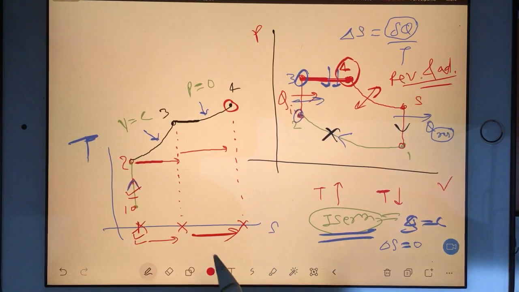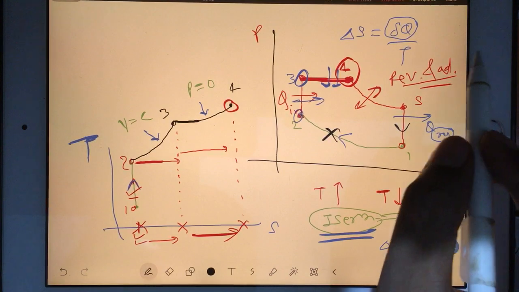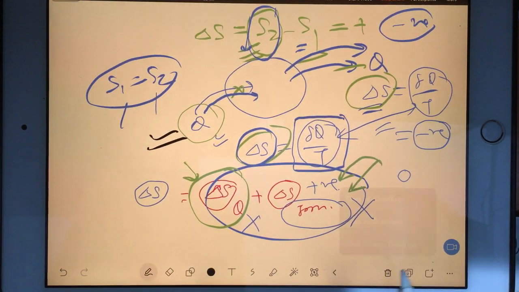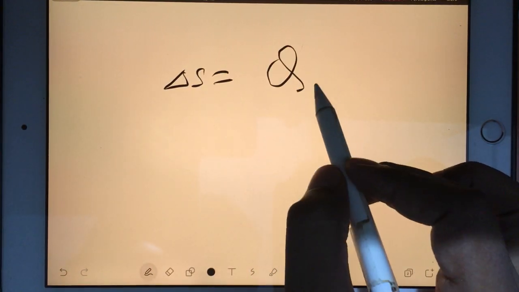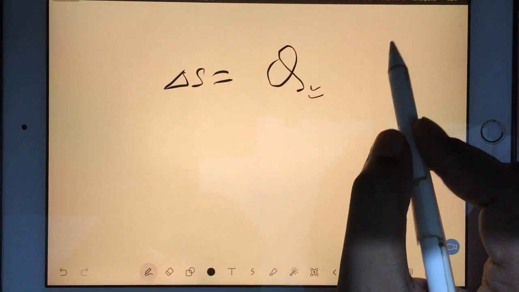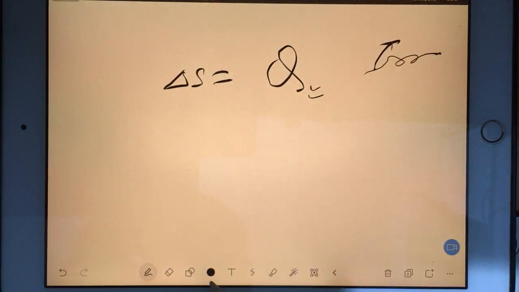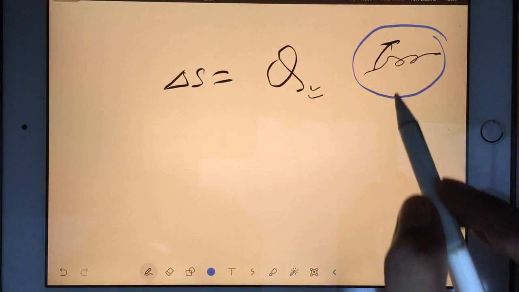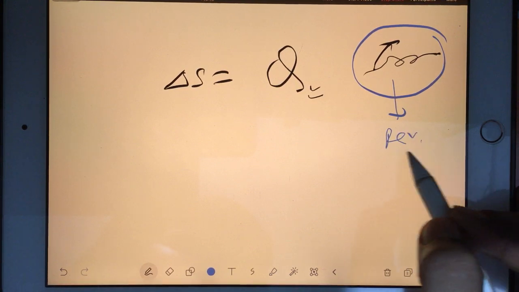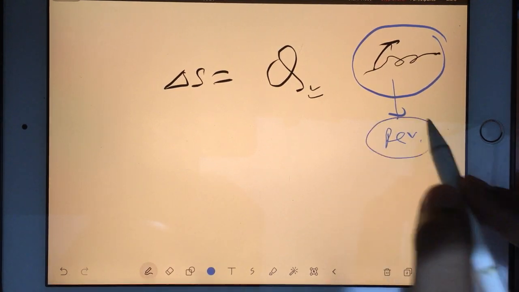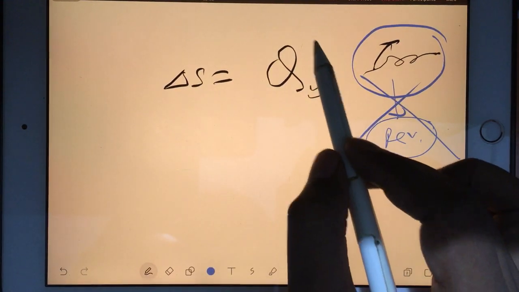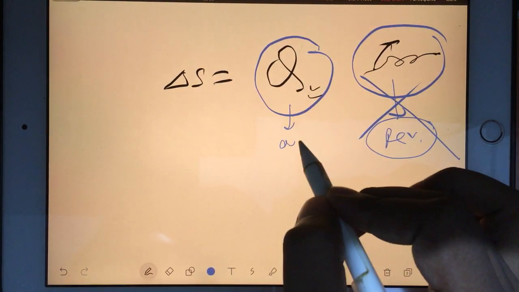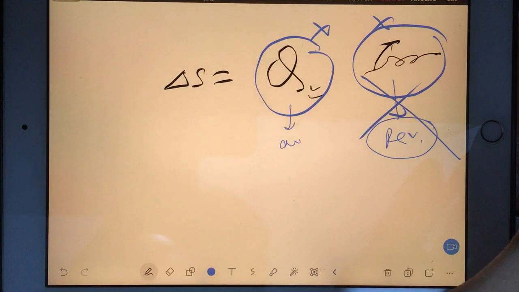It means there are only two ways to change the entropy. Again, let me go here. See, there are only two ways to change the entropy. One, entropy will change because of heat transfer. Two, entropy will change because of irreversibility. If you are saying my engine is a reversible engine, then there is no chance to change entropy. At the same time, if you are saying adiabatic also, then both the factors you are fixing now.